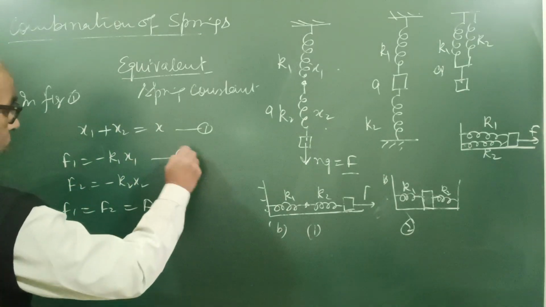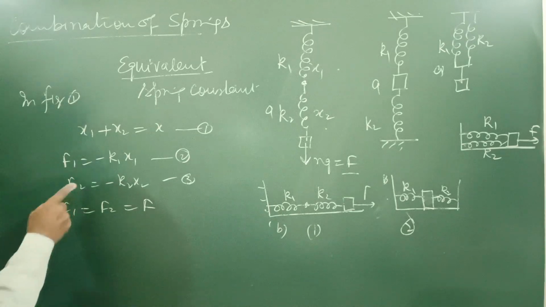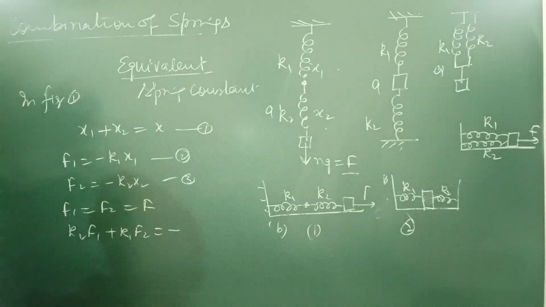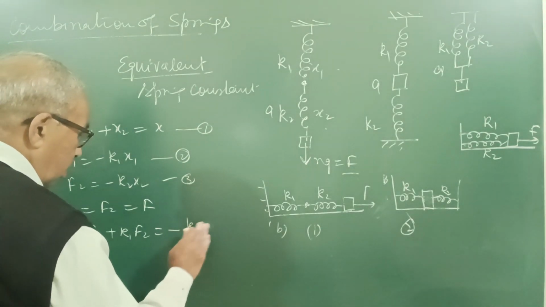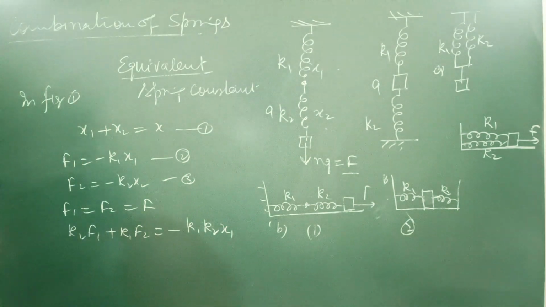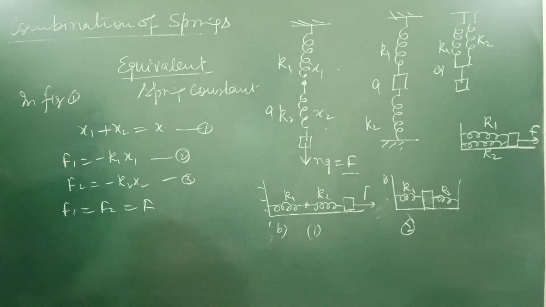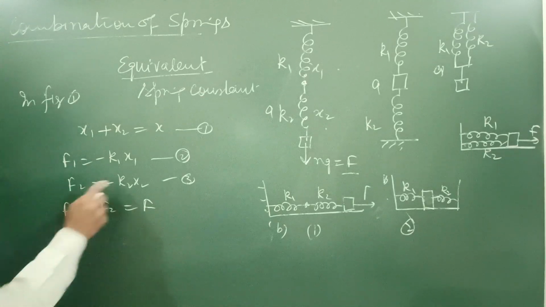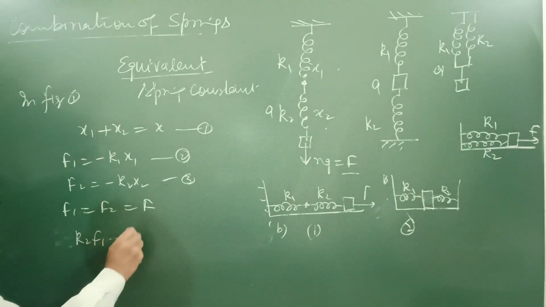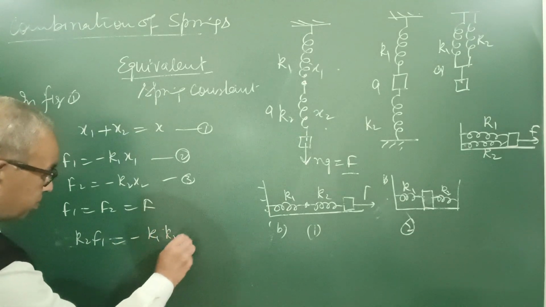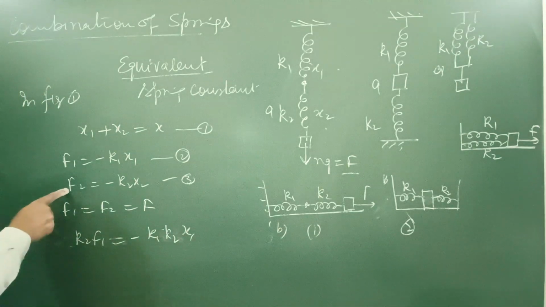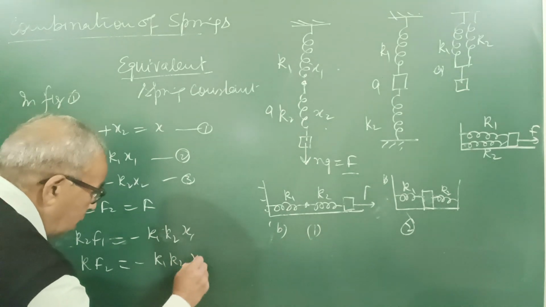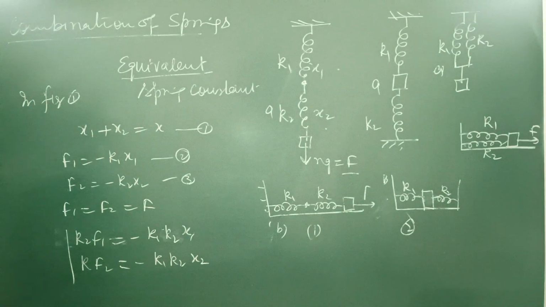but now we multiply this by K1 and this by K2. So K2 F1 plus K1 F2 is equal to minus, K1 K2 x1, multiplying, sorry, I added earlier, sorry. Multiply by K2, so F1 K2 is equal to minus K1 K2 x1. Just for simplicity, here by K1, F2 is equal to minus K1 K2 x2. Adding these two equations, we will get,